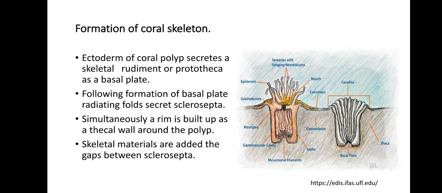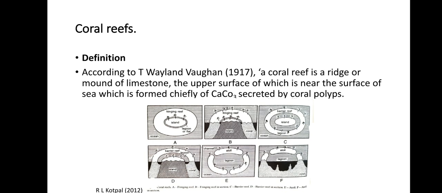The next part of this chapter is about coral reefs. You might have heard about coral reefs. At least we are familiar with the red coral that is used in ornaments, in chains, in golden chains, in Mangalsutra and all. We use it, isn't it? They come from this group of animals only, about which we might be discussing in our next session. So today let's see what these coral reefs are, how they are formed, and what the different types of coral reefs are.